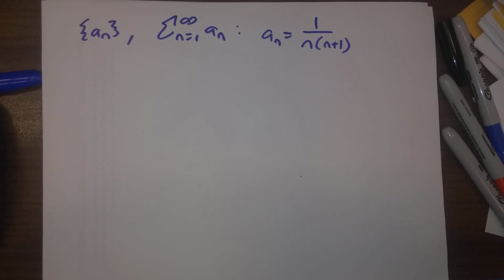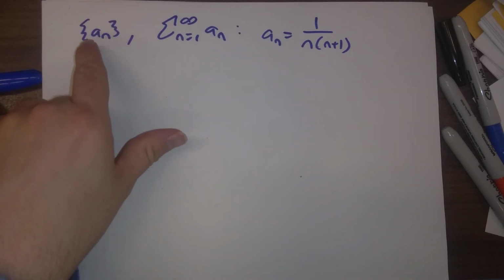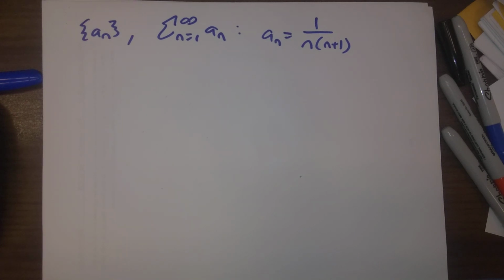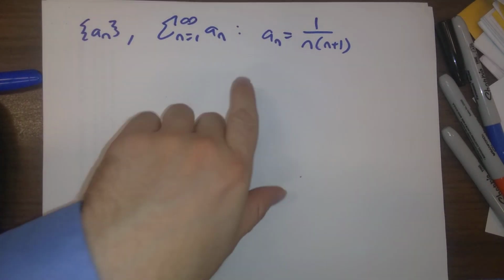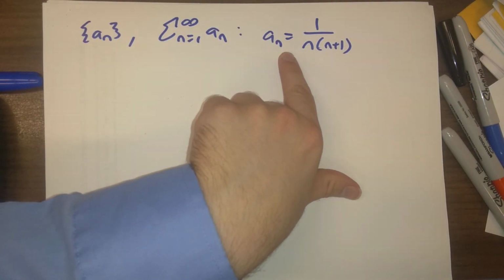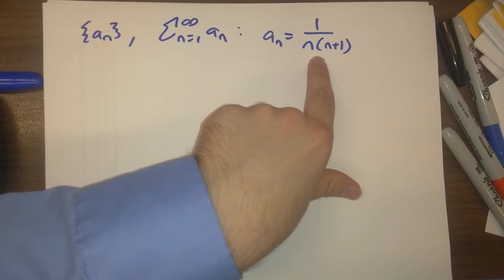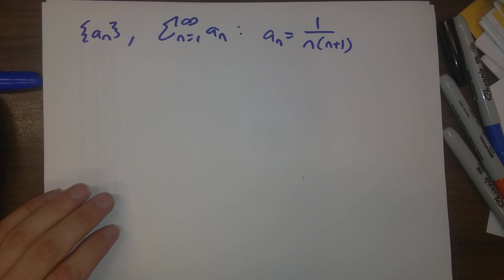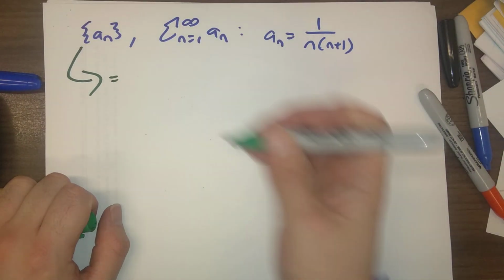Something that's very important to do, and a lot of students tend to trip up on this a little bit, is to distinguish between the sequence of the individual terms and the overall series. So let's think about what's going on here in the example we just looked at in the previous video, where a sub n is 1 over n times n plus 1. So the sequence of individual terms is